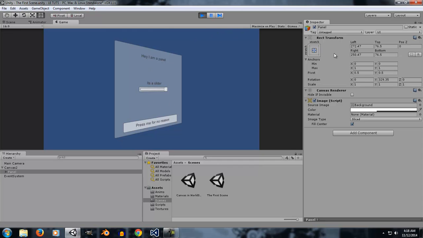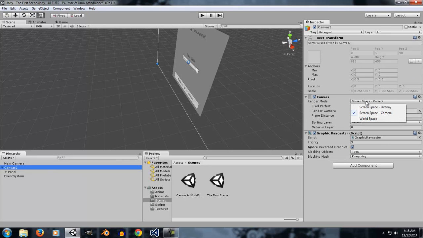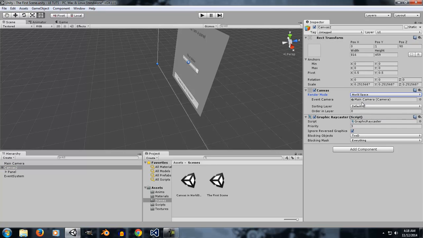Okay, so this is one great use of the screen space camera mode. And the third mode we call is the world space. Now what this means is